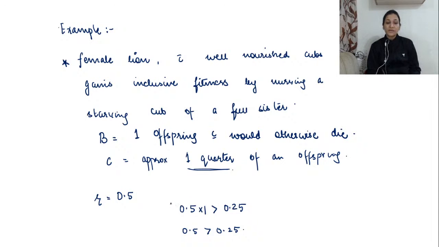A question can also be in terms of whether it is following the inclusive fitness or it is not following. So you have to see. Now the inclusive fitness formula can also be changed into direct relatedness plus indirect relatedness.